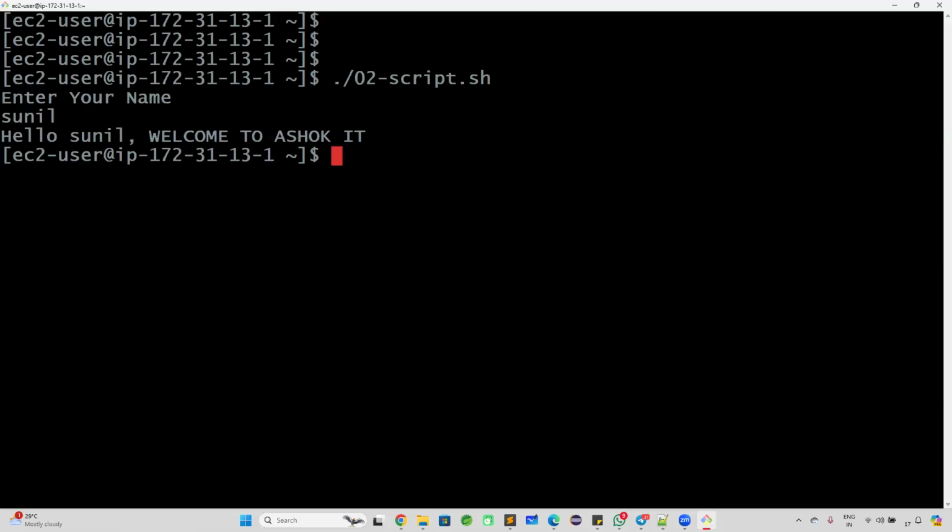So there are two ways available to execute the script file. One is by using the sh command, another one is ./file. When you use the sh command, it won't check for the permission, but when you use the ./ approach, it will check for the permission. If you have execute permission, then only you can